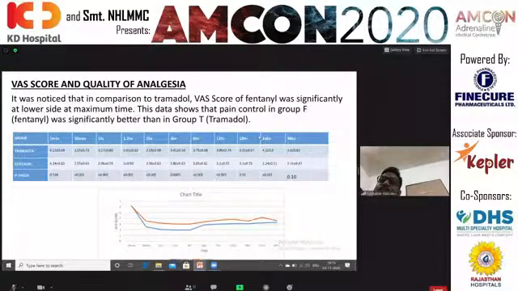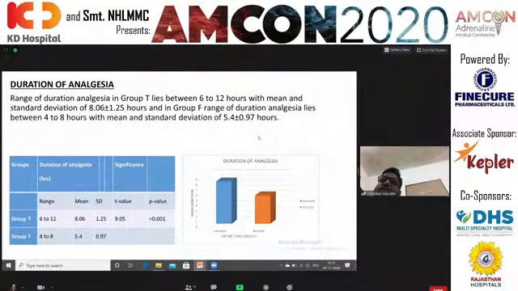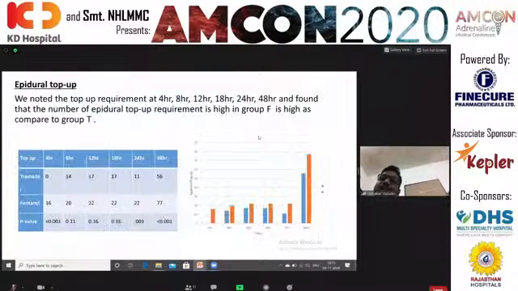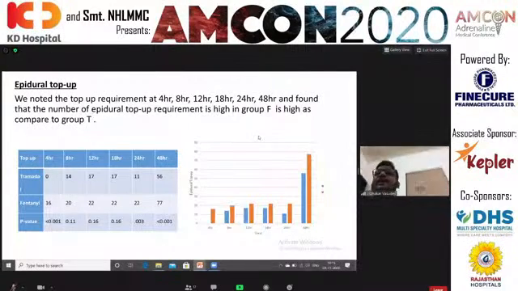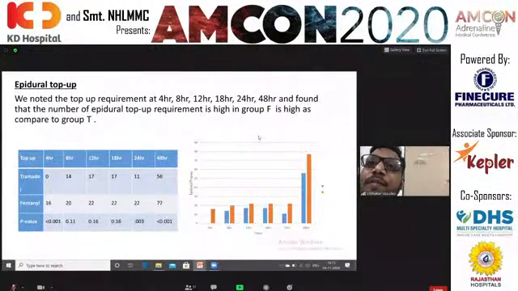Next. Duration of analgesia. Duration of analgesia in group tramadol was 8 hours and range was between 6 to 12 hours, and in group fentanyl, the mean was 5.4 hours and the range was 4 to 8 hours. Epidural top-up requirements were noted, and it was noted that top-up requirement in group fentanyl was higher with respect to group tramadol